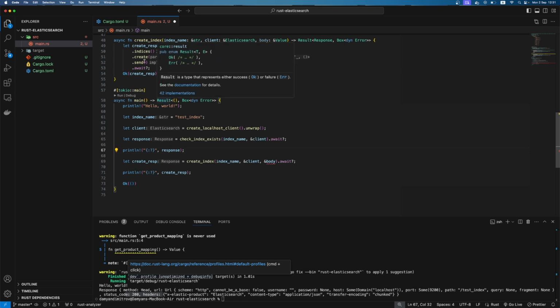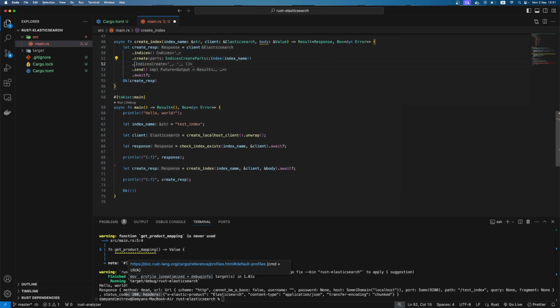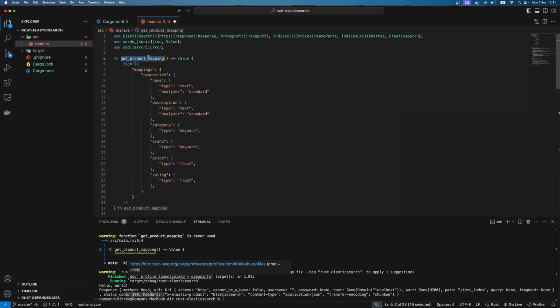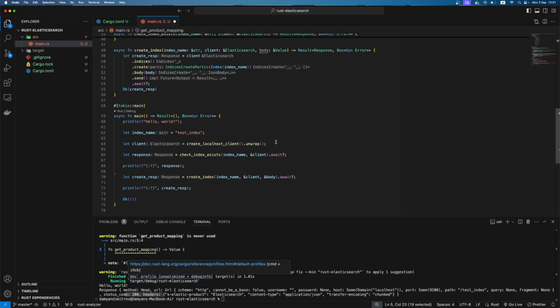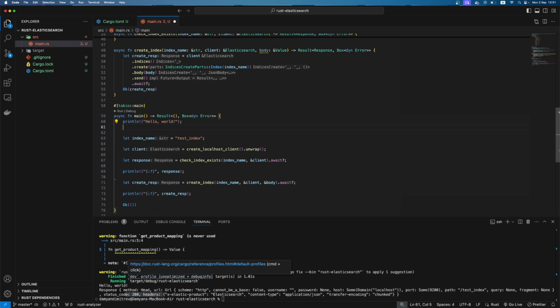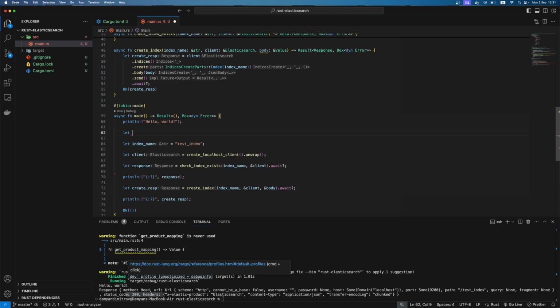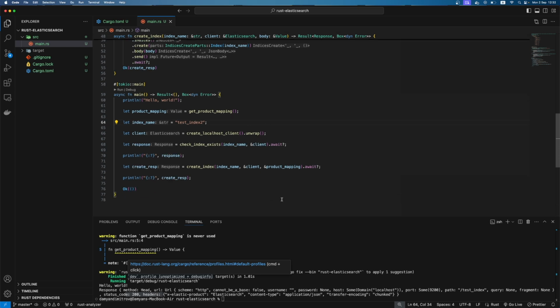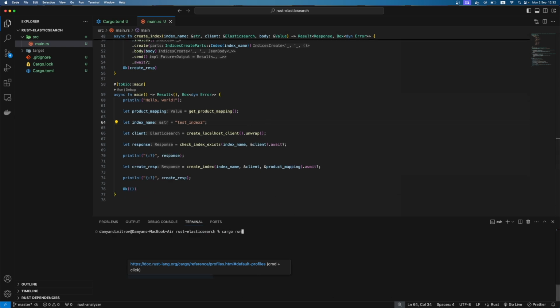Okay, so here I haven't added the body, and let me call that, which is get product mapping. Okay, and here you can see, just create it like this, and test index 2, and clear again, run,